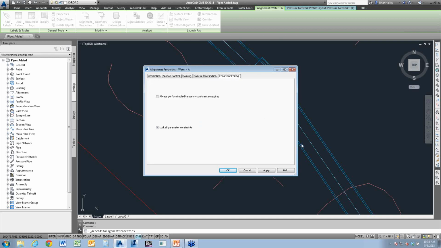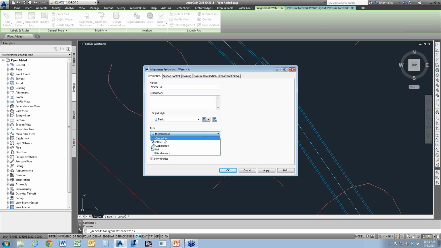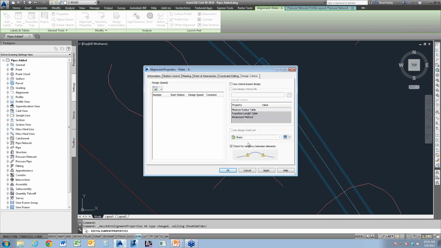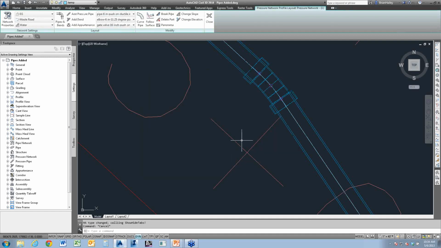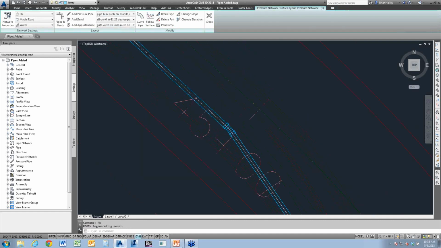This is a miscellaneous alignment. It doesn't have the option to do design controls. So if I set this to a center line, I now have my design criteria tab. And I can tell it, hey, don't check for tangency between elements. And then I can go change my style back to miscellaneous. And now I don't have those annoying exclamation points anywhere.